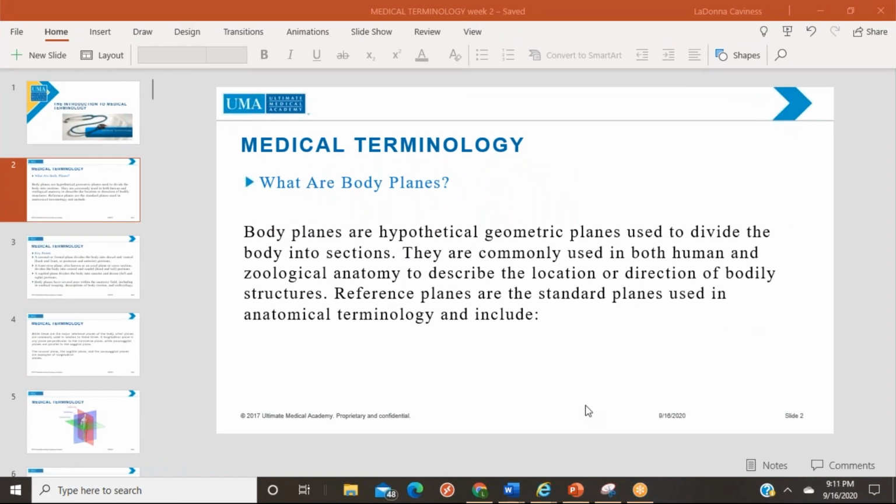Body planes are hypothetical geometric planes used to divide the body into sections. They are commonly used in both human and zoological anatomy to describe the location or direction of bodily structures. Reference planes are the standard planes used in anatomical terminology and include